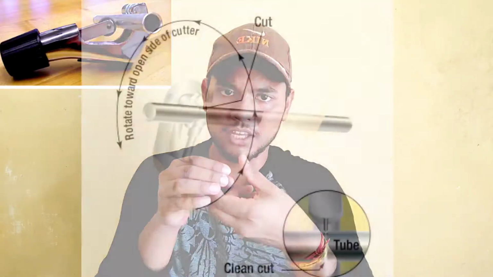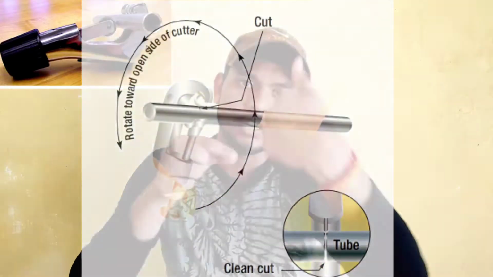Tube cutting tools are very simple. You just apply the tool on the tube, rotate it, and after some time it will cut out. But always keep in mind that there should be no burr when you have cut the tube, because if burrs are there, it will create lots of problems for the flow of fluid when it is actually installed on the aircraft.